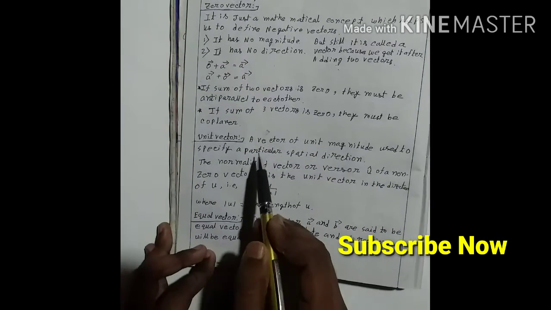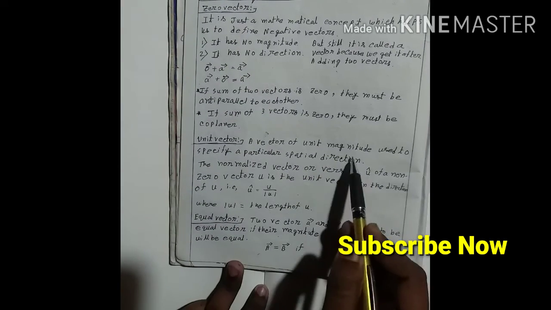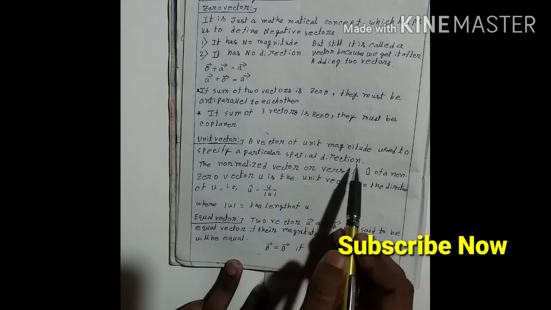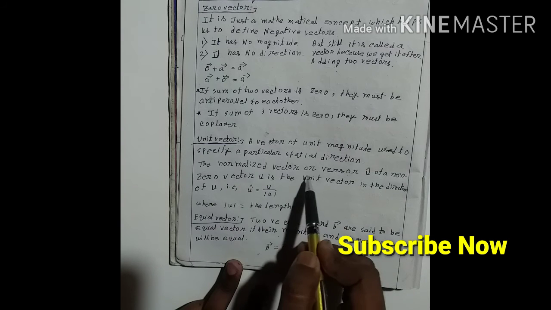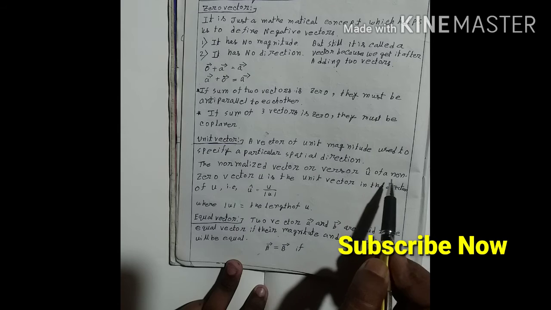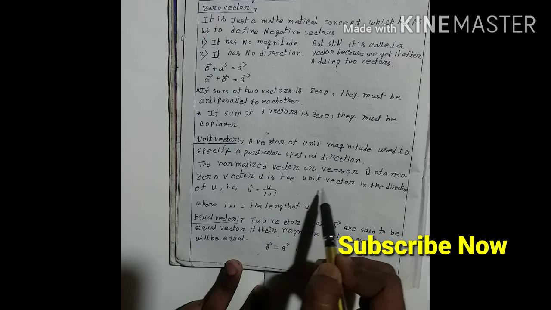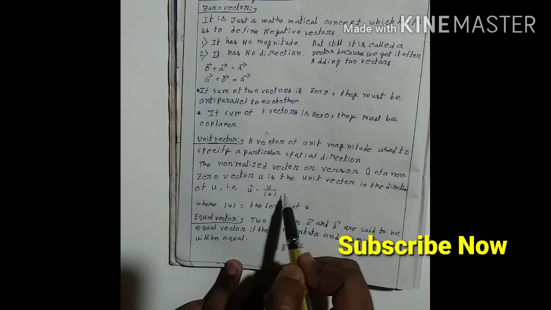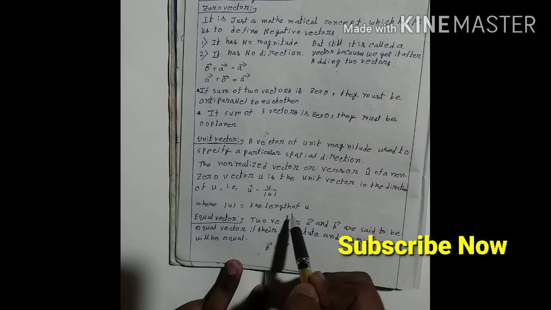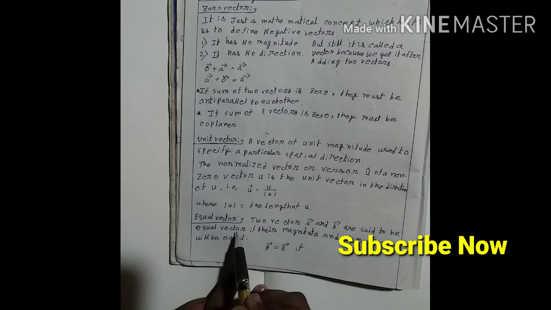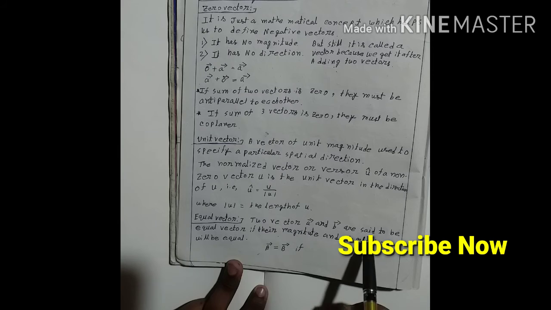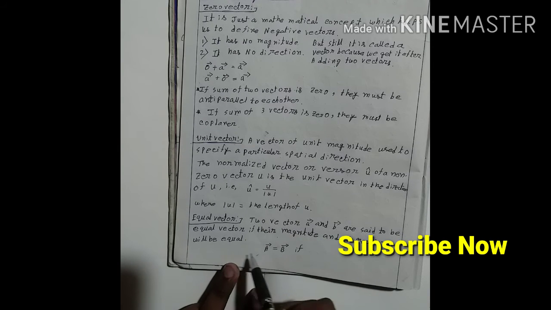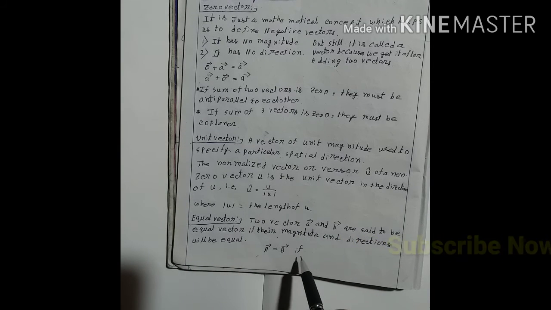Next is unit vector. A vector of unit magnitude used to specify a particular spatial direction. The normalized vector or versor u cap of a non-zero vector u is a unit vector in the direction of u. That is, u cap is equal to u by mod u, where mod u is the length of u. Next is equal vector. Two vectors a and b are said to be equal vectors if their magnitudes and directions are equal. A is equal to b if